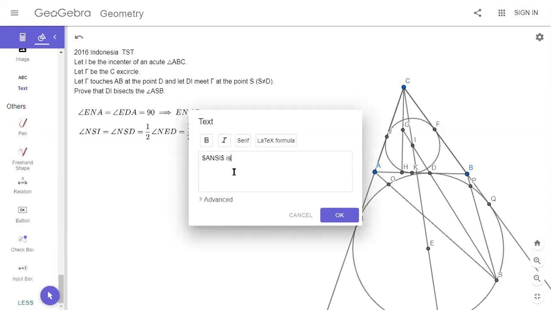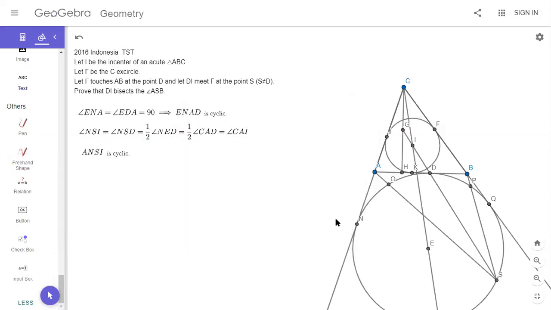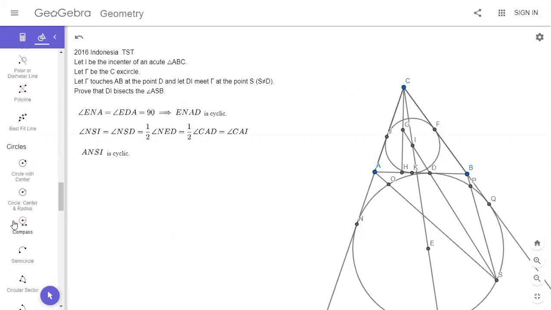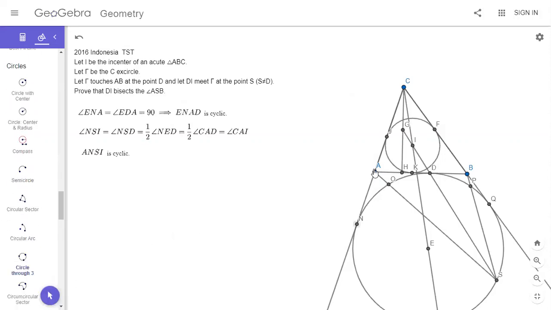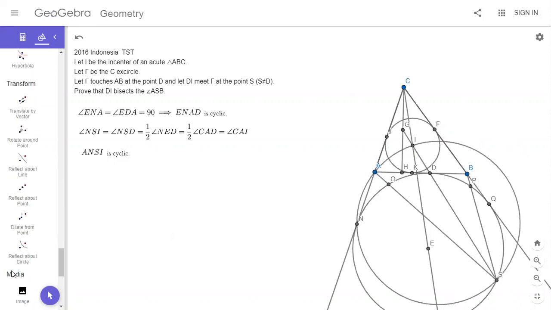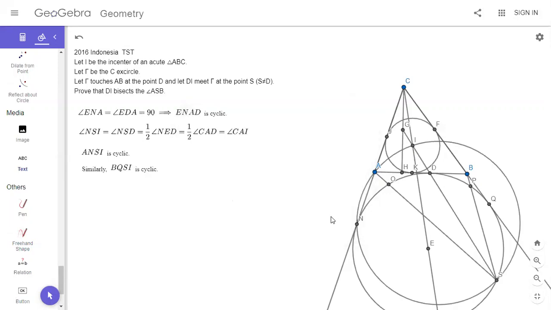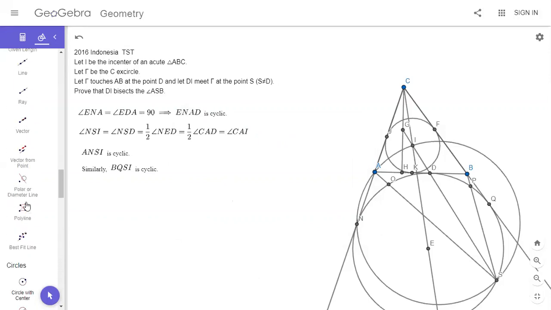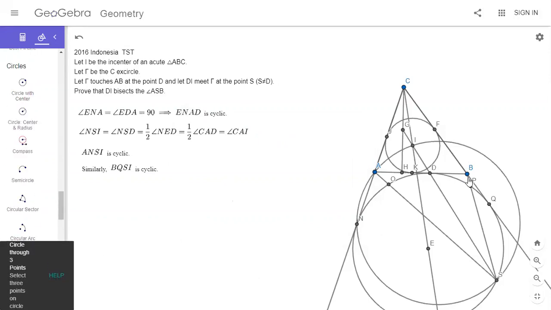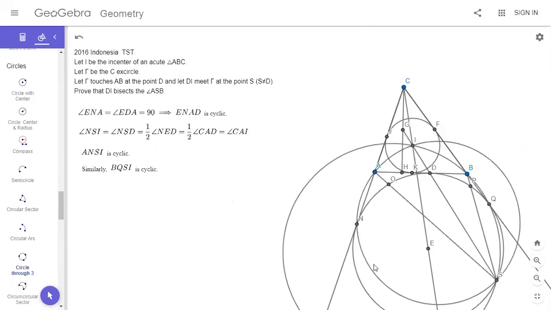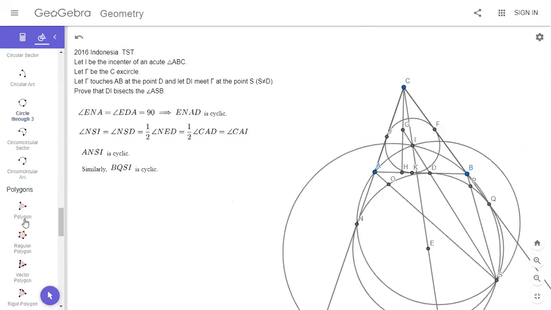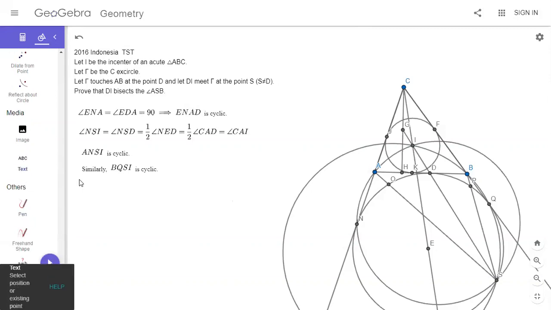So ANSI is cyclic. And then similarly, I'm going to draw that circle. And then by the same logic, BQSI is cyclic. And so I'm going to draw that one also. And then the problem can be finished using an angle chase, because then we have